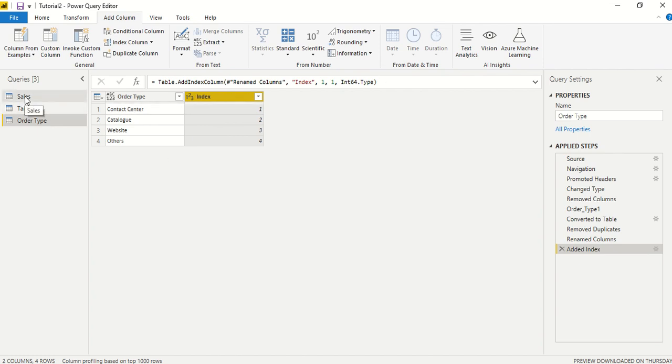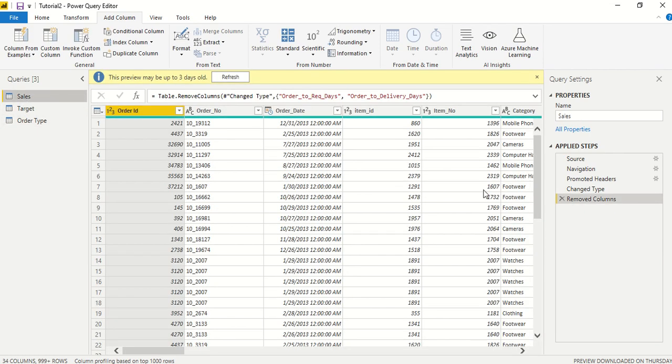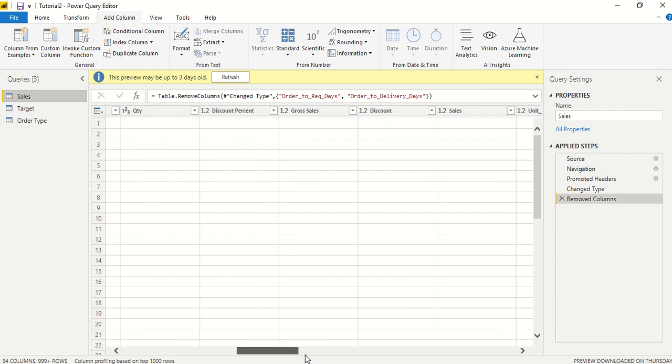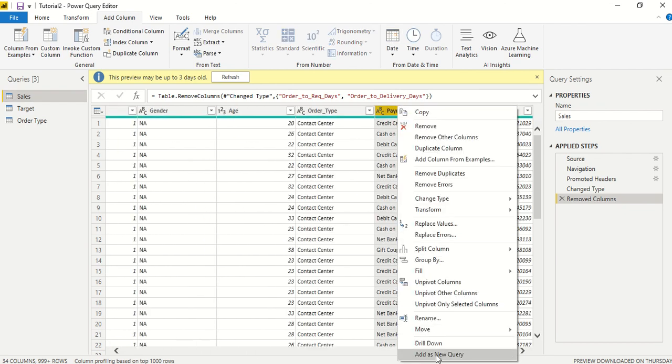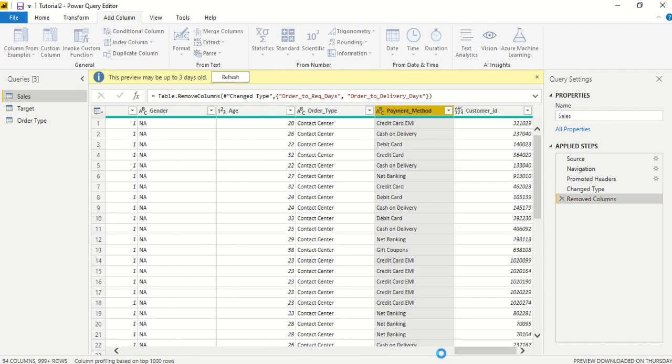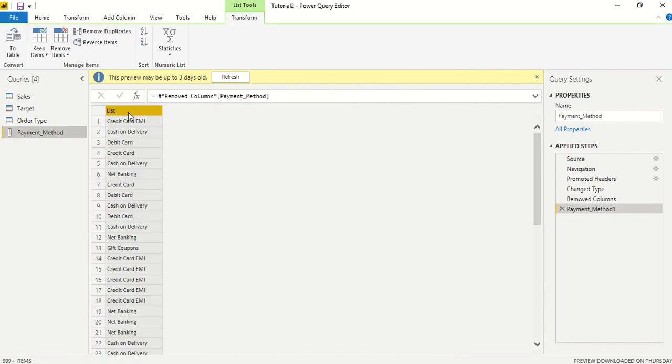Now we are going to merge this table, but before we do, let's create one more table which is for payment type. Again, let's scroll to the end and we go to payment type. We right click again, add as new query. That's the last option in this list right now. And this time we'll first remove duplicates. Last time we did it the other way, so I just wanted to show you the option that you can delete duplicates in the list and then create a table, or you can create a table and then delete them.